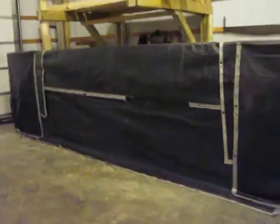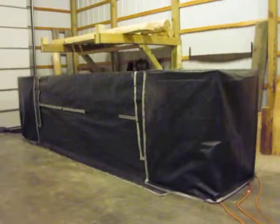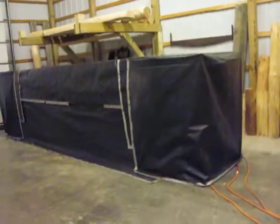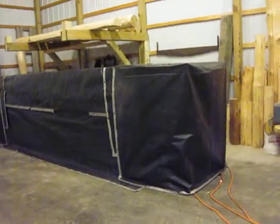The kiln's up and running. This is Friday the 27th of November, and in a couple weeks I'll pull those out and periodically check them. As soon as they start to check, I shut the heat down and get them out of there. You can over dry them. What will happen,